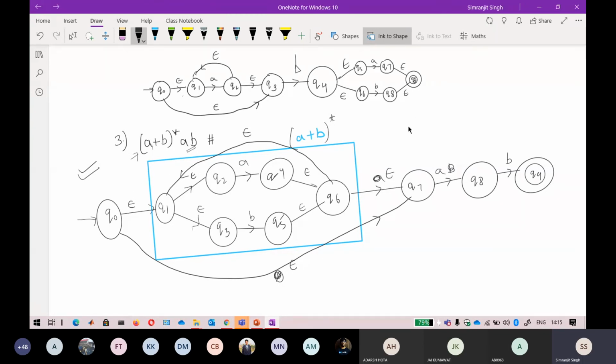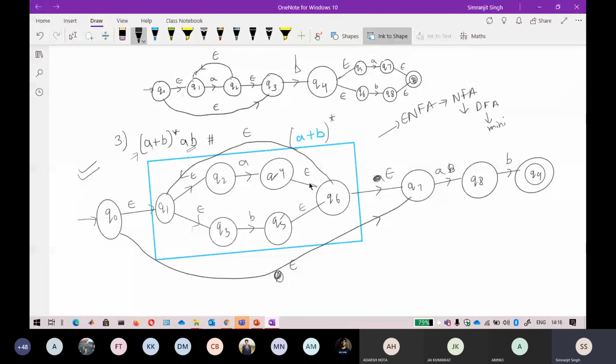So what happens is that whenever you do it like this, firstly you take an epsilon NFA, you will get an epsilon NFA. Then you have to convert it into an NFA. Then you have to convert it into a DFA. Then you have to minimize it. What I have done is I already reduced it by not including this Q7 state here that is directly pointing towards this. So I reduced the state itself in there. The states are reduced, but the output is one and the same.